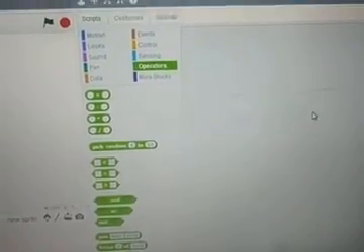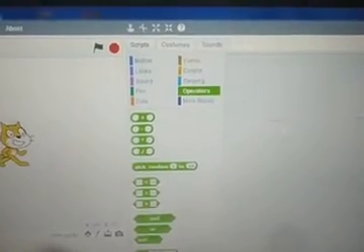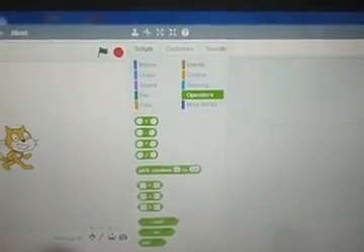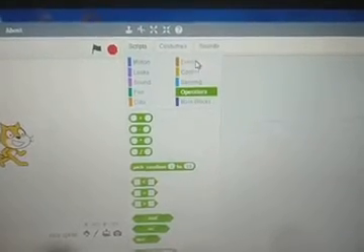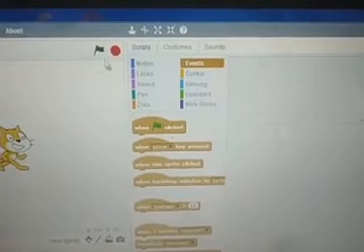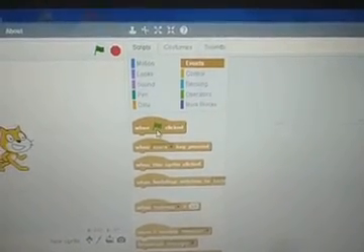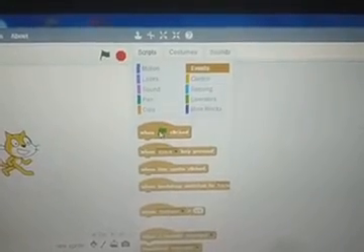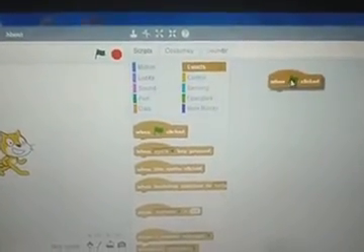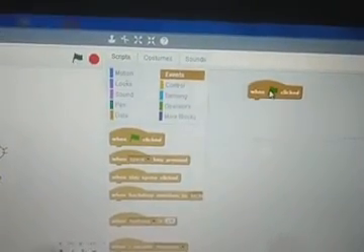Now we are going through the script that we are going to write for the sprite. First of all, select the sprite. It is already selected. Click on Events, the first one, 'when flag clicked', because, as we know, this is the starting block and this is the stop one. So click the 'when flag clicked' block on the top, drag and drop. When this is clicked, only then will our project run.